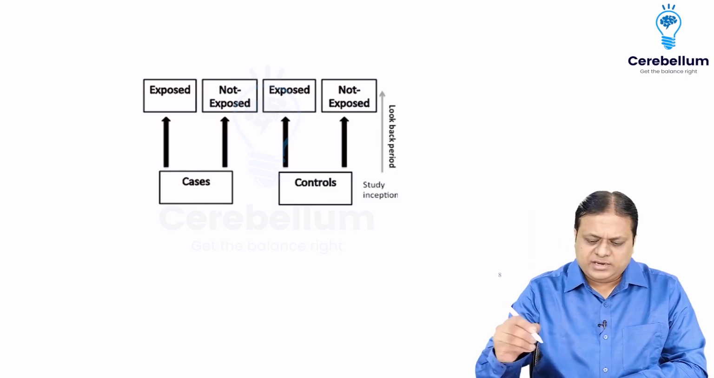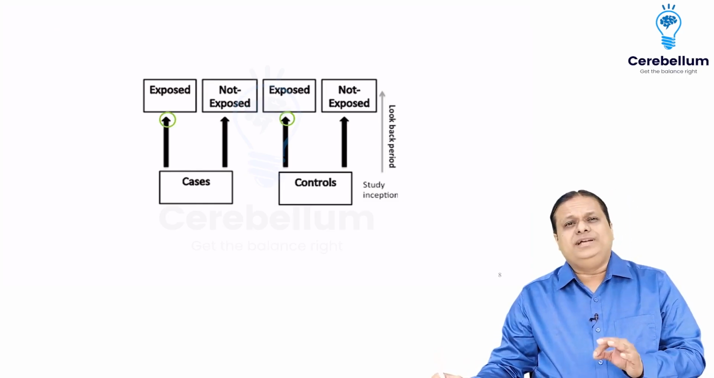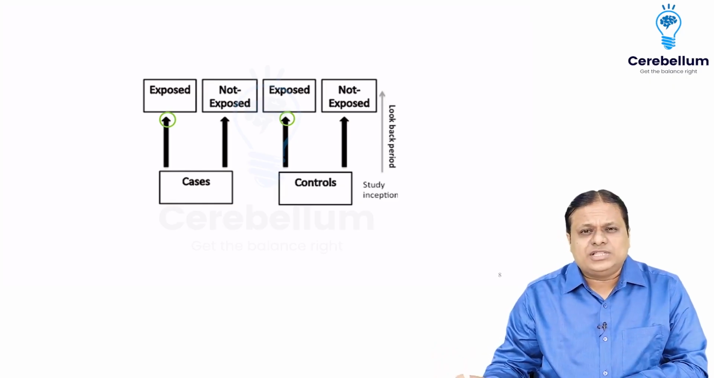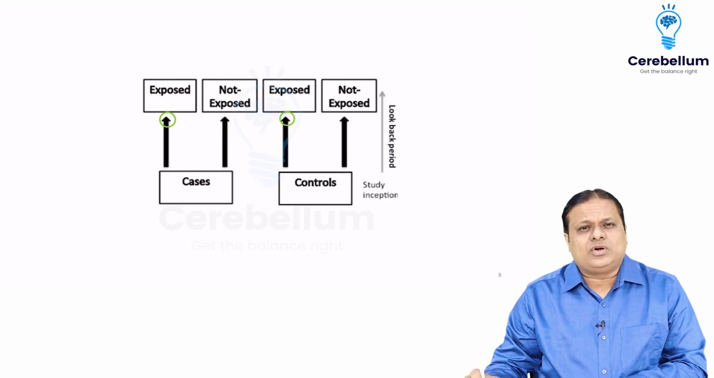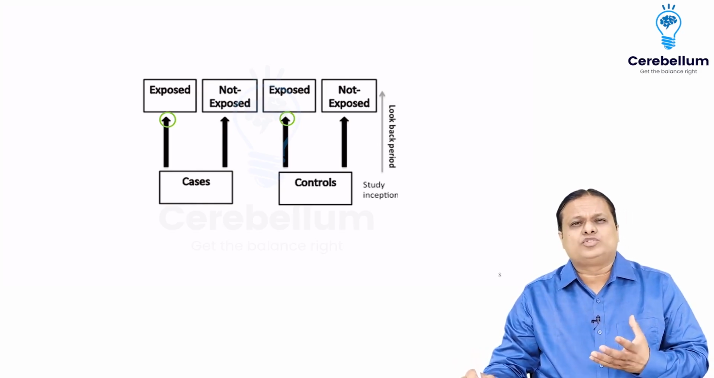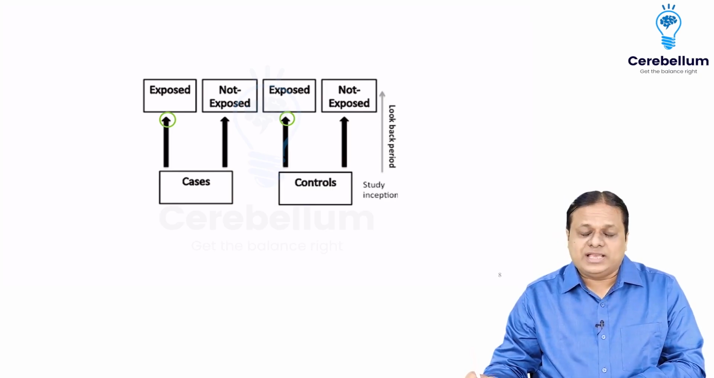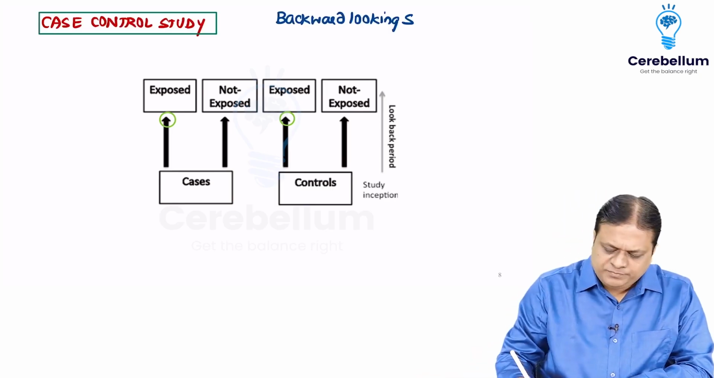If you see here, direction of arrow is backward. We are going from disease to the risk factor. So this is a backward looking study, or yes, case control study. When we do not have so much time, like 15 years, to conduct a cohort study, we do it in a very fast backward direction, case control study. Now look carefully, we are in